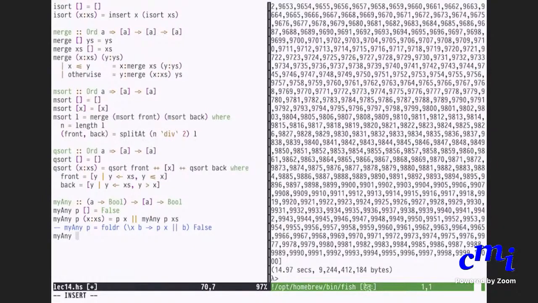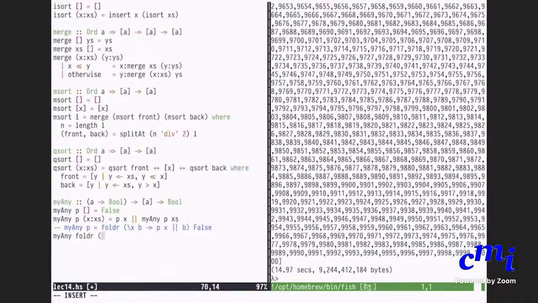So myAny of P: again you want to say x or B. One of the two things should be true.